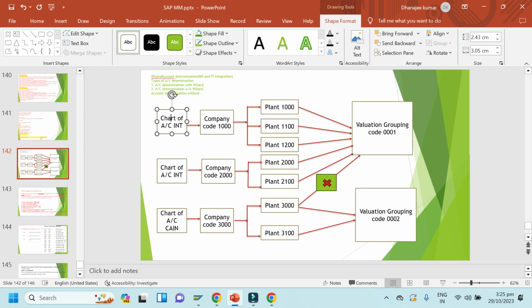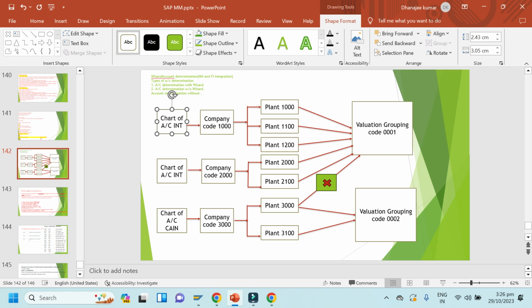But suppose in any company I have 85 company codes, and all 85 company codes have the same chart of account, suppose INT, then we can assign all plants of those company codes to the same valuation grouping code.